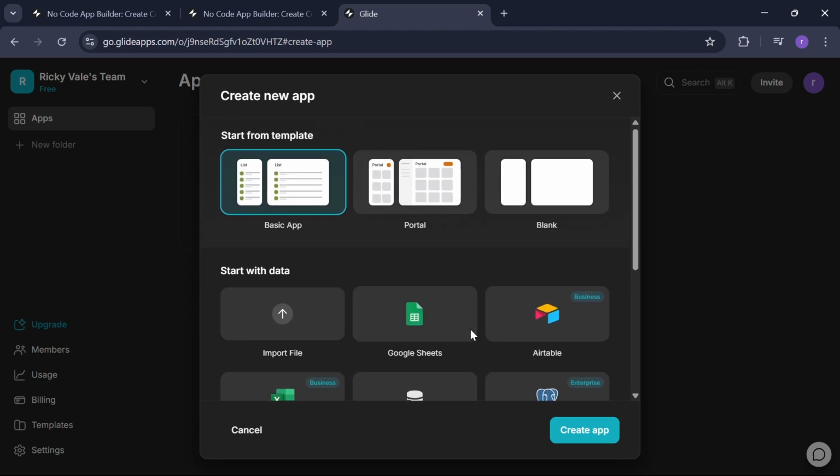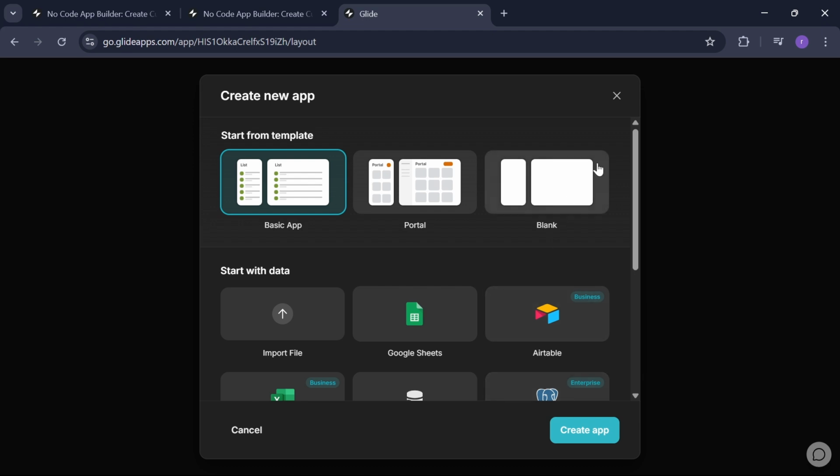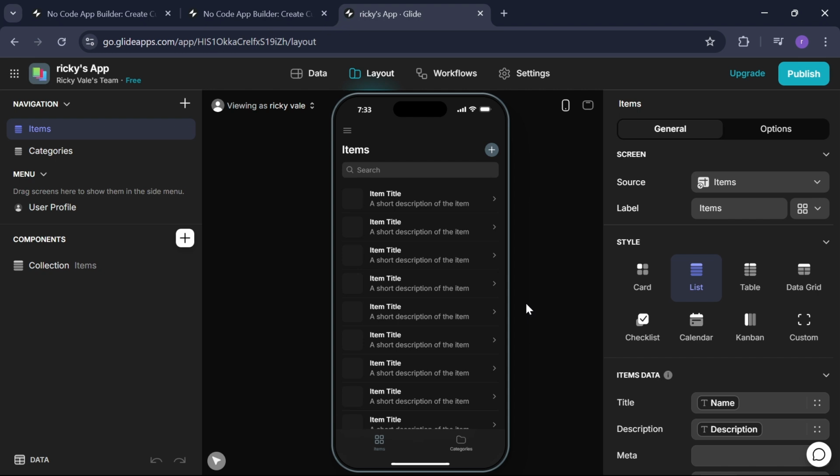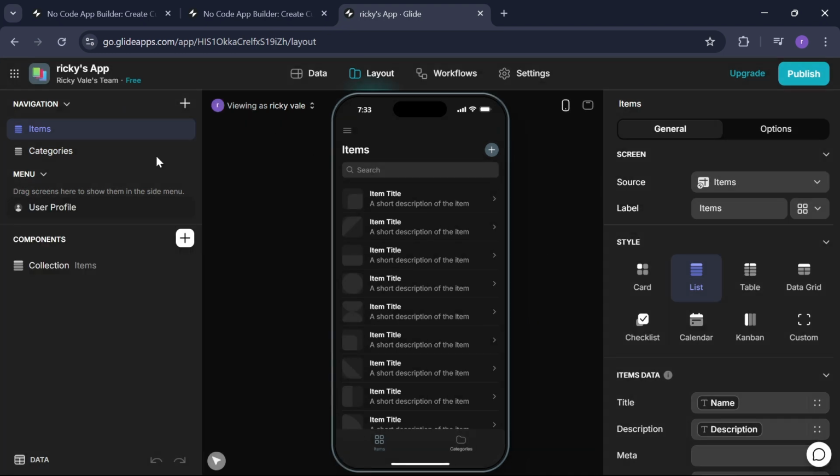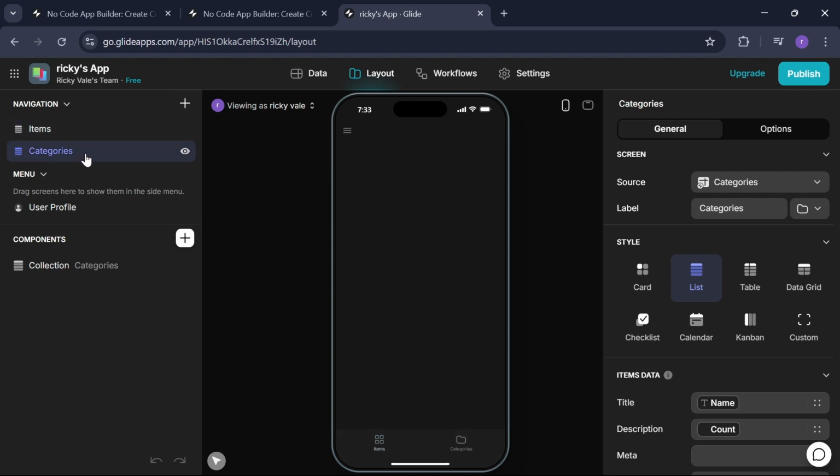You can just select any of that, and I'll just go with the basic app. Click on create app, and it will ask some information to build the app right now. So let's just wait and see what type of info they need from us. Like the basic app, in this template you can see the items here, and if you click on the